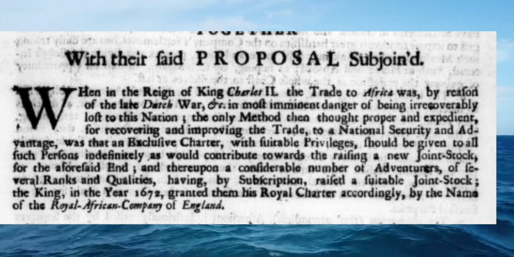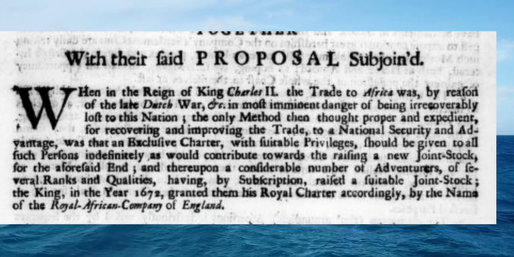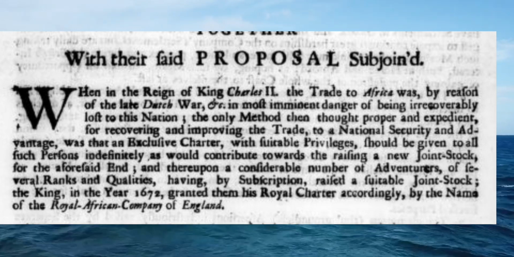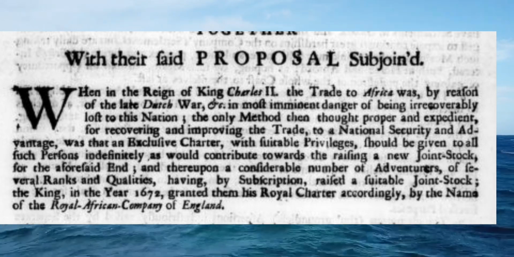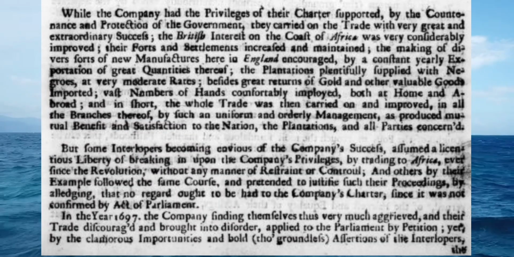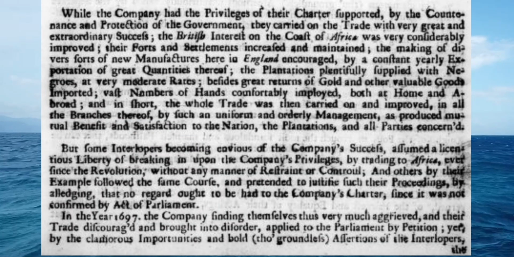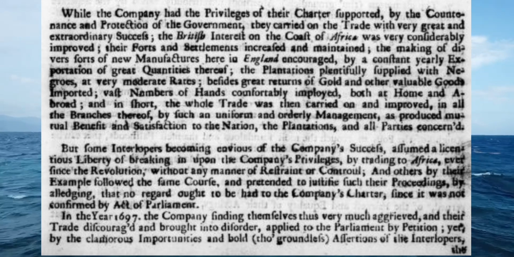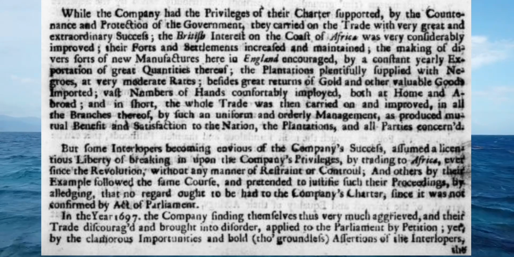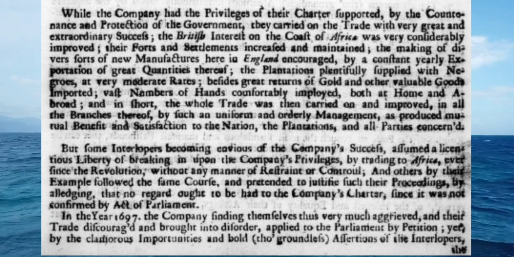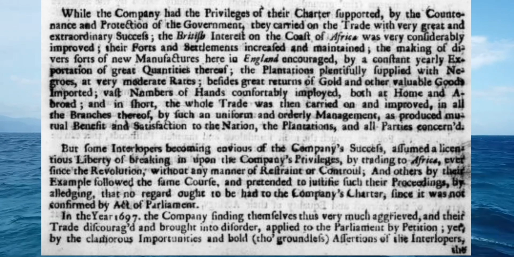The king in the year 1672 granted them the royal charter, constituting the Royal African Company of England. So basically they gave them their own independent trade because they kept on bothering the people of England so much, because they kept on trying to interrupt the trade. They're like, we'll push you aside, we're going to give you your trade so you can leave us alone. So now